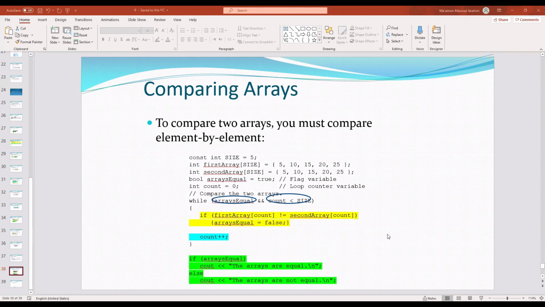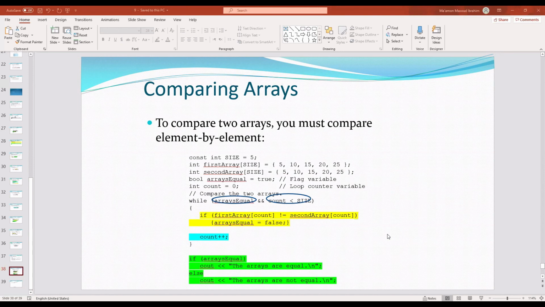So, as you can see here, I have assumed at the beginning, using what we call a bool variable, the arrays equal to true. So now this Boolean variable, I assumed that the arrays are equal. This is how we are using a Boolean or flag variable